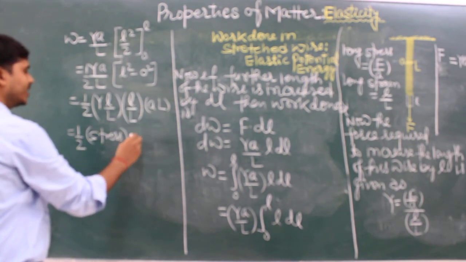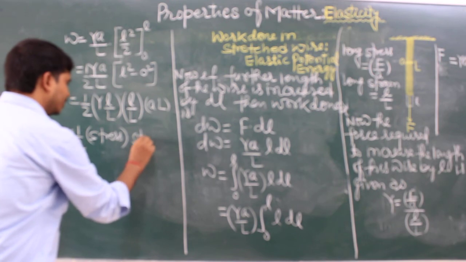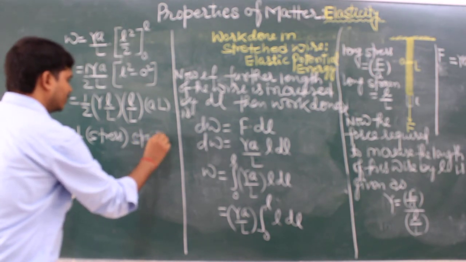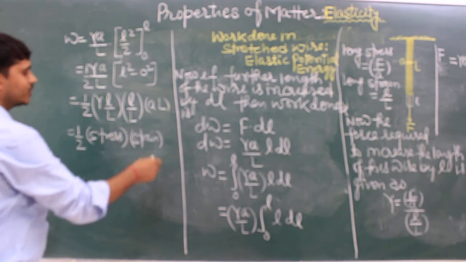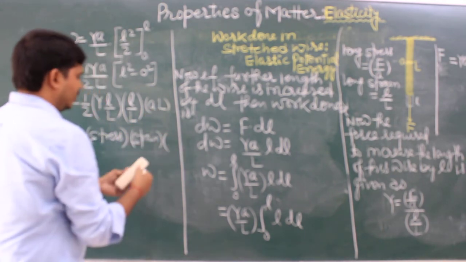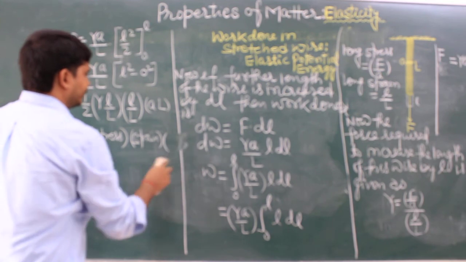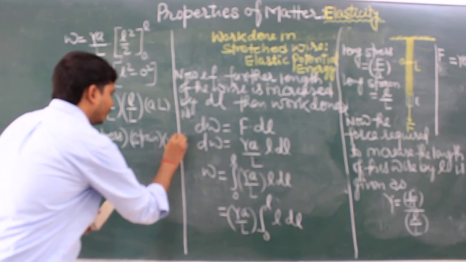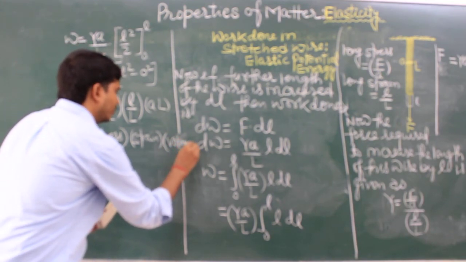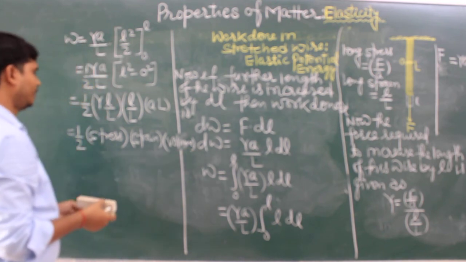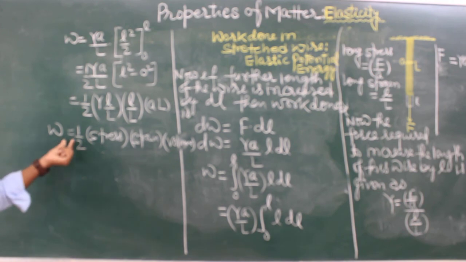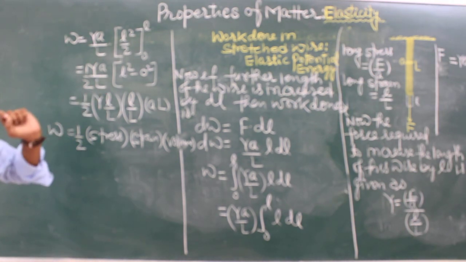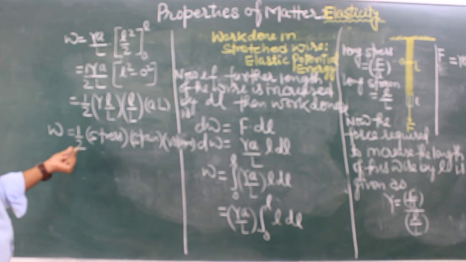This is the fractional change, the strain in length. And this is AL, area times length, this is the volume of the body or wire. This work done for stretching the length l, this work